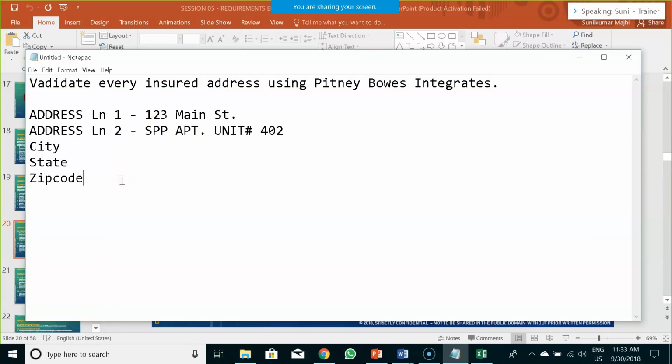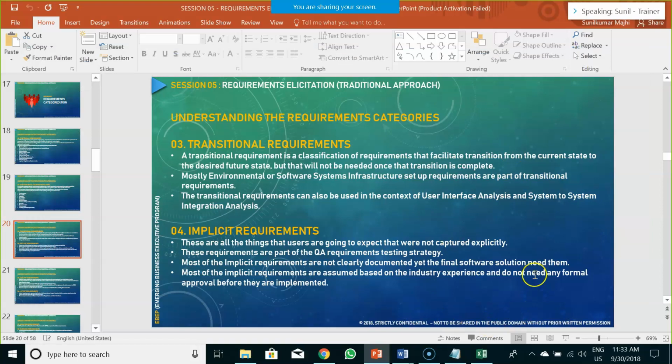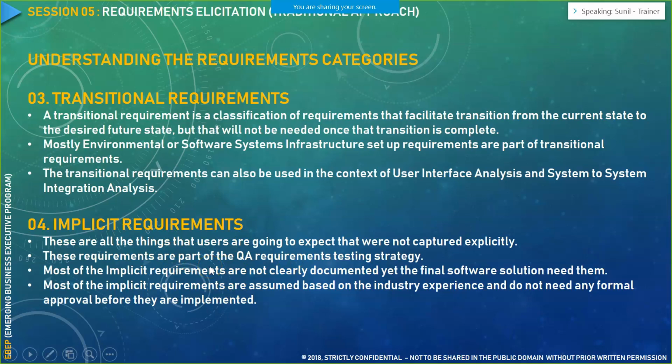So when you are working as a business analyst, or companies who are hiring specialized business analysts in a specific domain, they expect the business analyst to do necessary research and development in that particular area. And if there are any implicit requirements which the customer hasn't explained upfront, you analyze it amongst you or your peers and go back to the customer and question them. This requirement has to be like this, why it is like that, so that it helps the customer have a broader vision or broader picture in terms of understanding the requirement. So these are your implicit requirements.